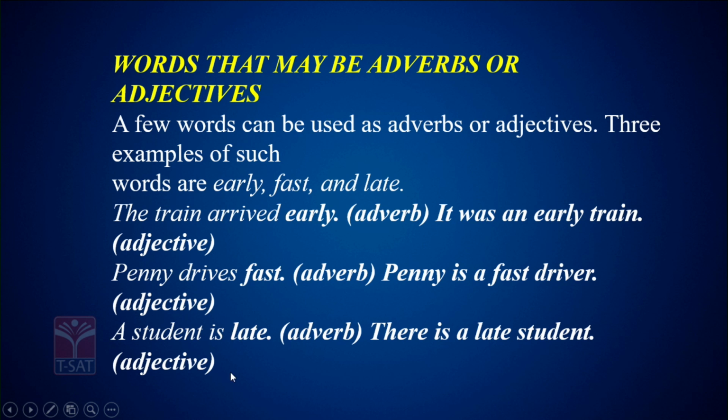A student is late. Adverb sense. There is a late student. Here the sense is adjective. So, these are the three words which can be referred to as adverbs and adjectives depending upon the given context in the sentence. Then with that, we will conclude the study of adverbs and we will move on to the other